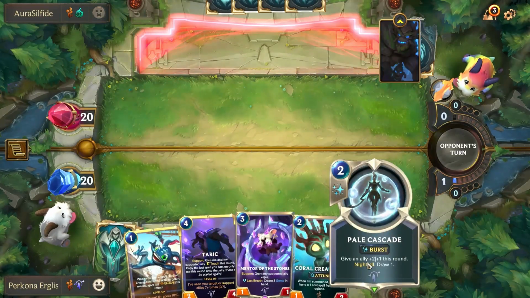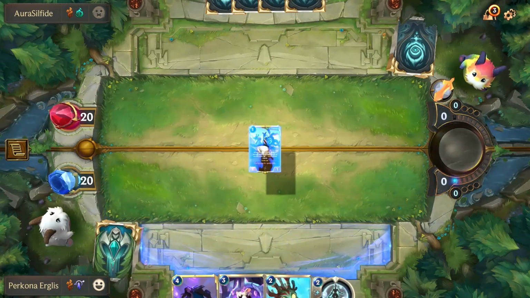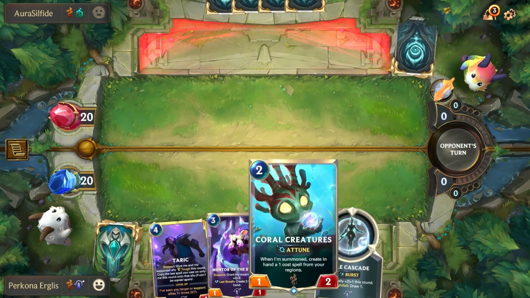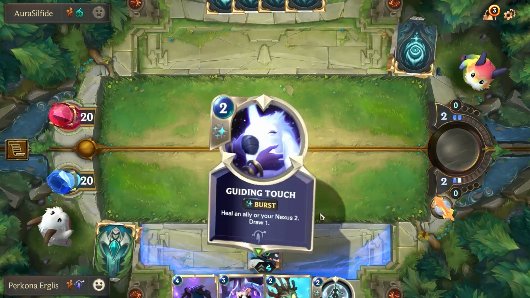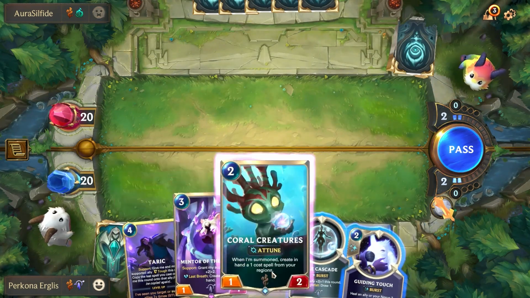If he has a way to take out Fizz next round, I can play Pale Cascade. I can get decent value out of it. I guess I'll take that risk here. We'll also be able to get 4 damage onto the enemy Nexus if he uses a Vile Feast. So, okay, and then we draw a Guiding Touch. So we might use that instead, but